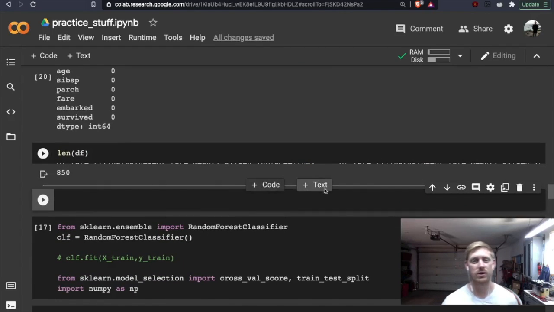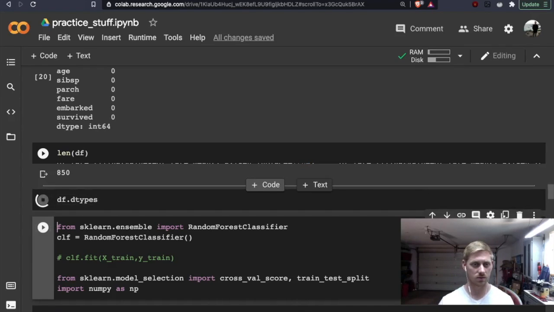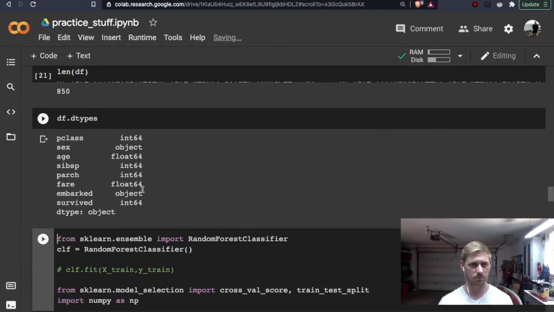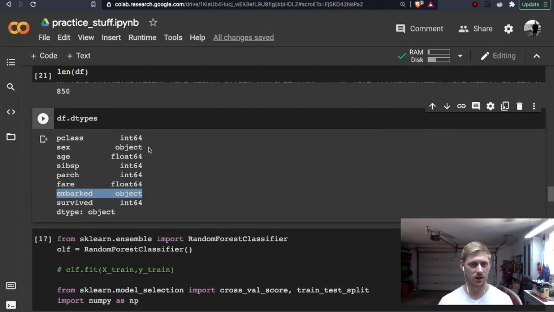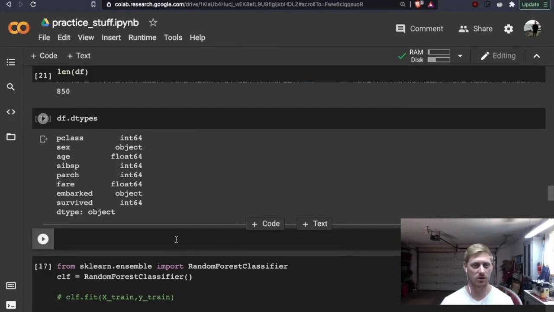Perfect. So now that we have our data, what would be the data types? So we can finally move on to creating the model. Dtypes. So we have embarked, and we also have sex. Now sex would have 2 values, female or male. And then embarked would have like 3 values, so it would be S, Q, and R or something like that.